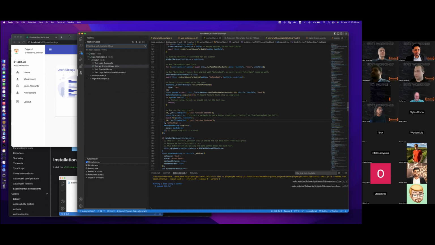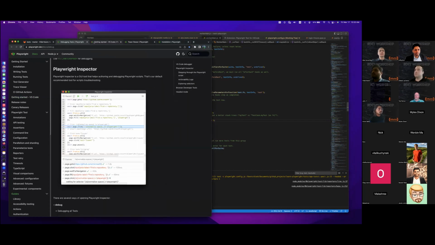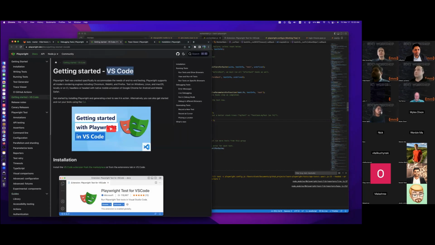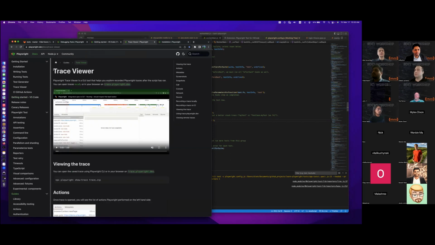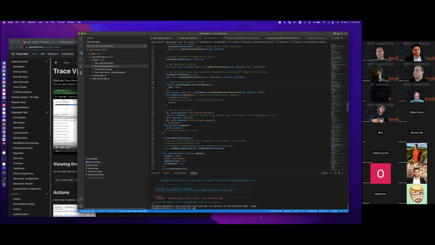And the last thing I want to show you is the trace viewer. So yeah, we talked about Playwright Inspector, the VS Code extension, and the trace viewer. The trace viewer is a tool that you can enable before the test run in two ways to get the traces of the test. First, if you run through the command line, you can just use the trace on option, and that will basically record the trace. I'll show you in a minute what it means.